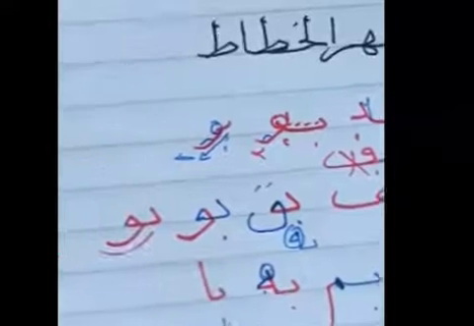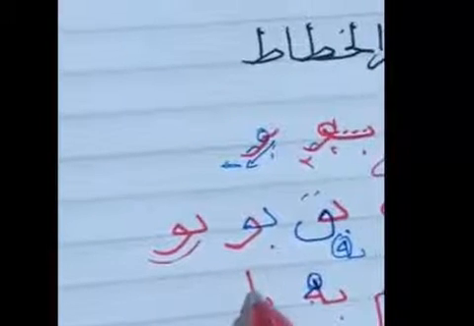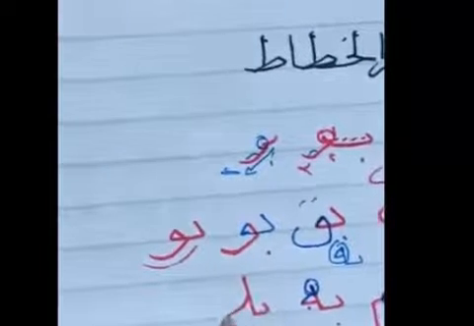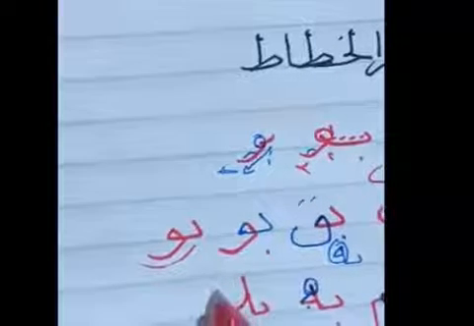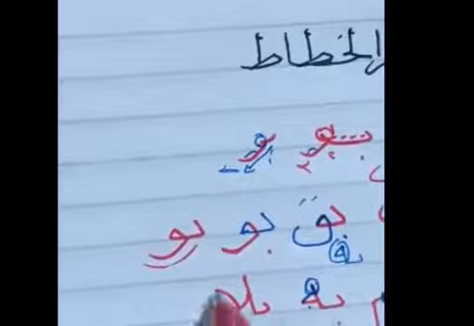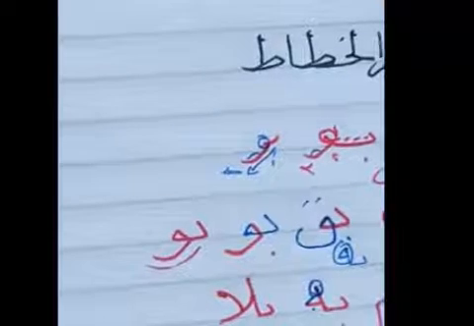Ba with lam, alif. Okay, I make the alif and from the middle I make a quarter of a circle. From the middle of the alif. This is really important. And this alif has the inclination. You can put dots here, so this is more academic.